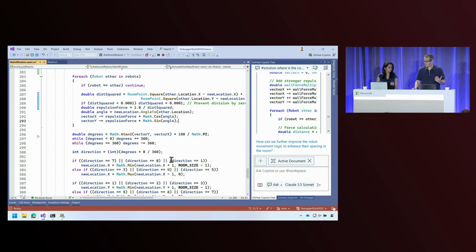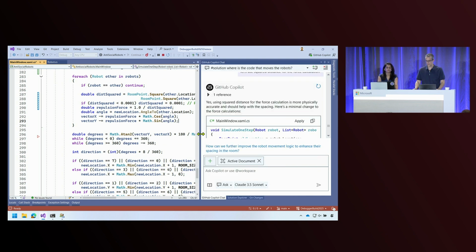All right, so these were the essential features that you can use to help you throughout the debugging process. We looked at how we can locate the code that is of interest, and how we can add additional context and instructions to Copilot to help us narrow down the issue we're seeing. But we haven't actually gone into any debugging tool, and Harshada is going to now cover how these new Copilot tools can integrate with the existing debugging features that you're familiar with.